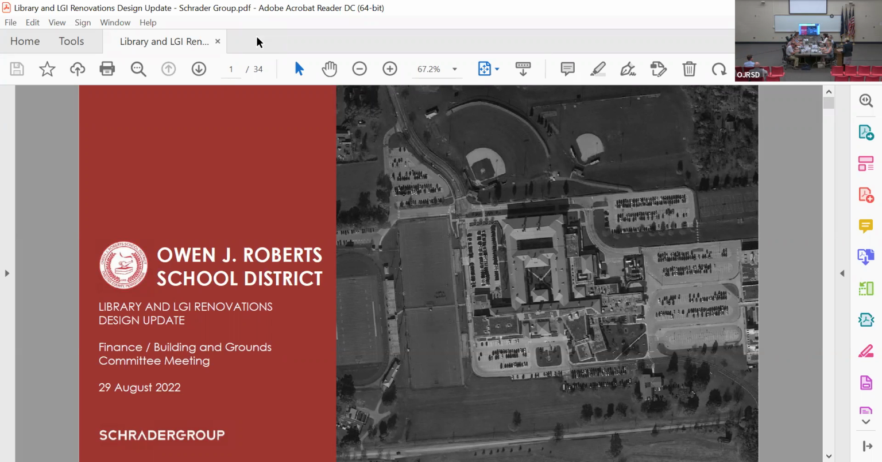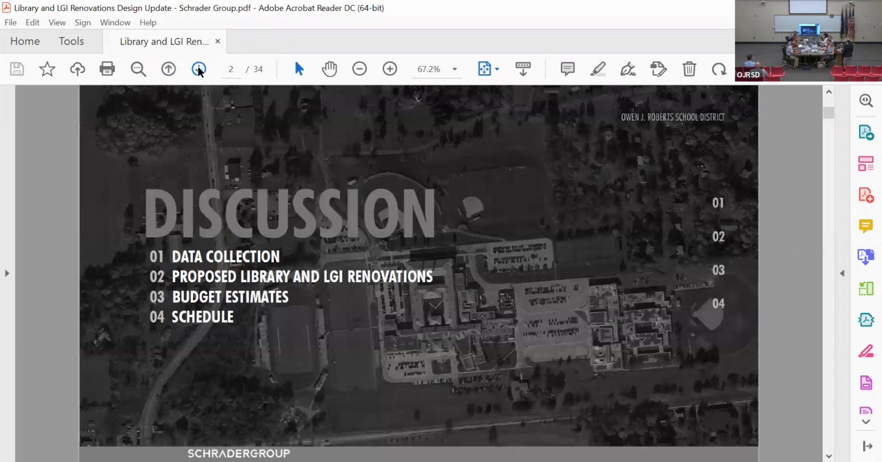Good evening. Thank you for having me. I'm excited to be here tonight to present what we've been doing for the last several months for the library renovations, and we're also looking at this space too. So I'm kind of glad we're in this space so I can actually point to things and show you